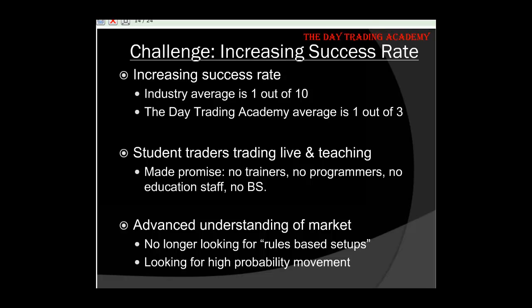There was a guy who came in the room just out of nowhere. You know, obviously in a business, you fire people, you hire people. Same thing happened to me. It happened to them. I saw kind of the pattern there. So I wasn't going to do that to them again, right? Especially when I let them decide how much they wanted to pay for the training. I wasn't going to do that again. And what ended up happening was I have a very big problem now because I have so many students that are making money that they're actually teaching classes for me. Live classes, you know, the live classes that we have.